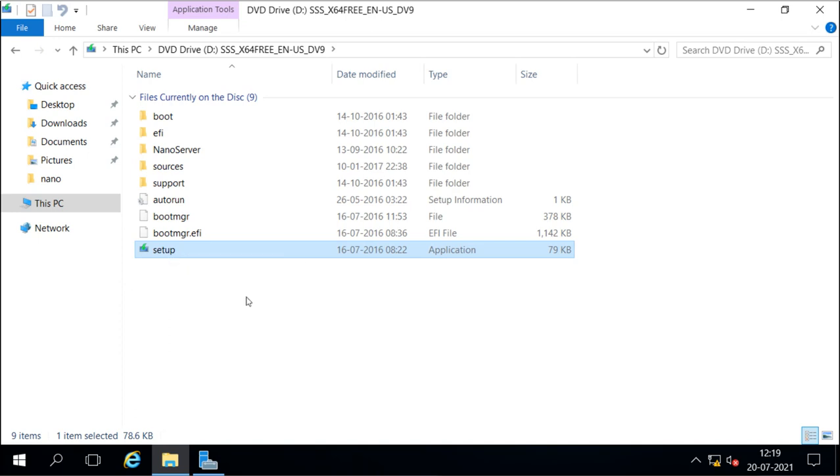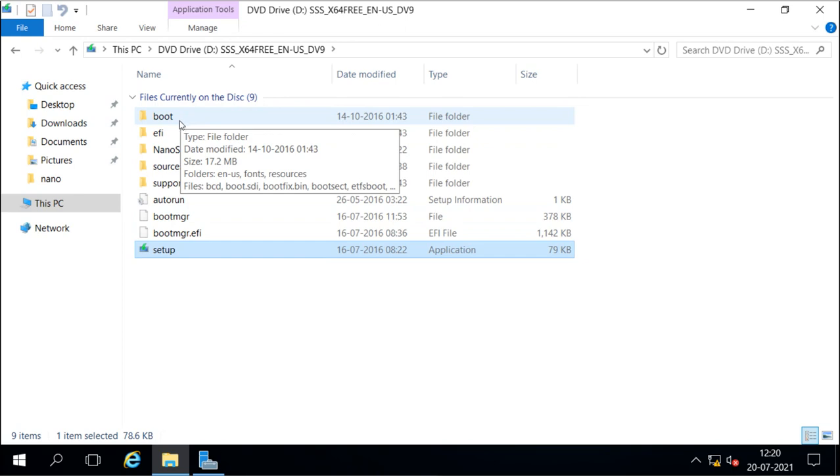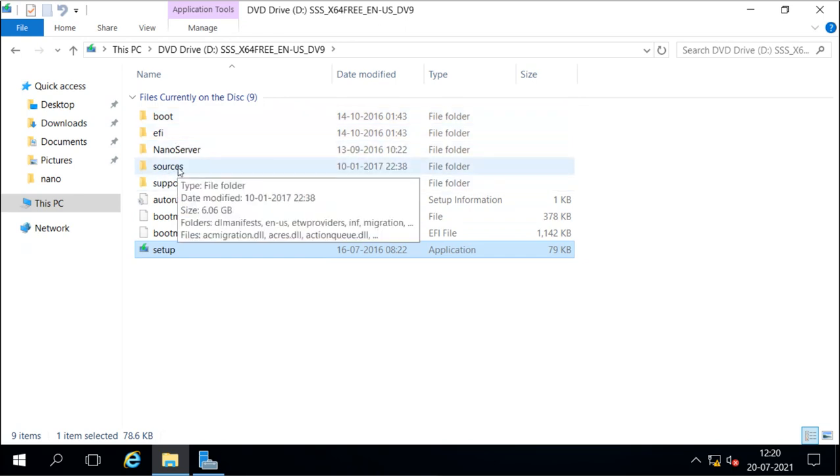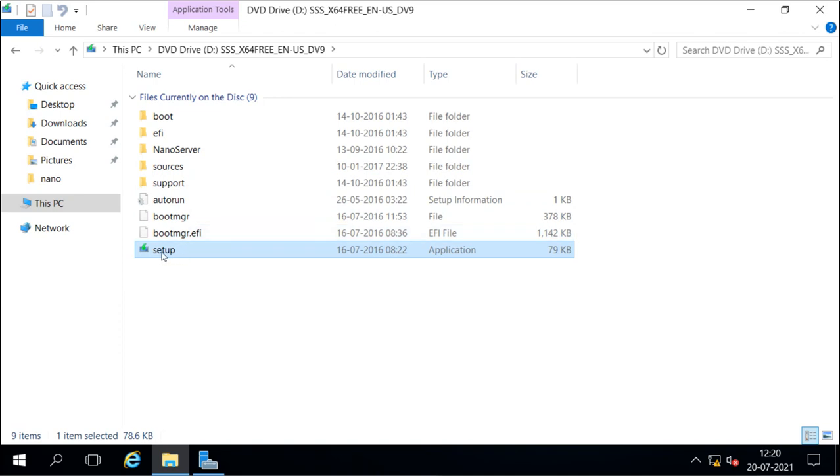When we boot this machine through this installation DVD, then actually we are running the setup. So this setup will do what? This setup will start the boot image, and the boot image will use the install image to start the installation. So we have setup.exe for starting the image-based installation.